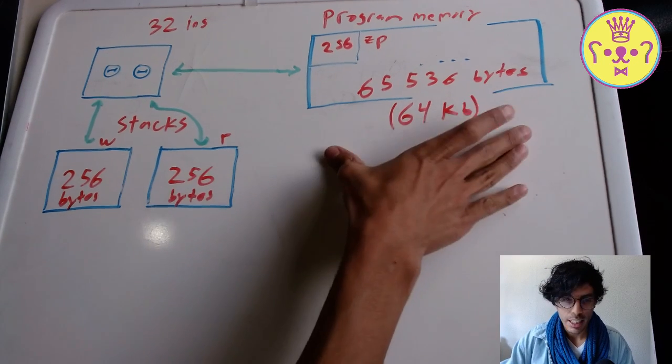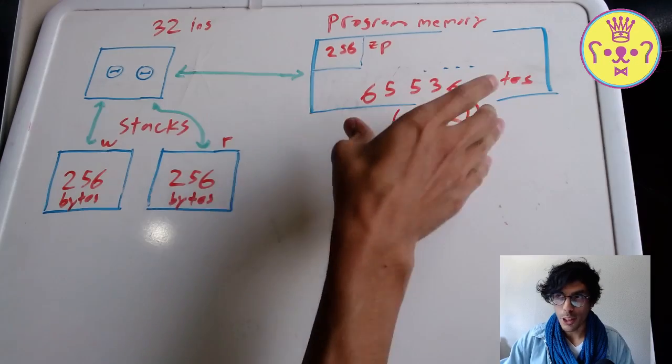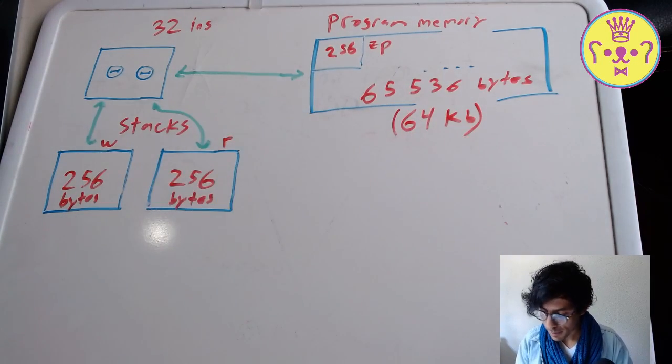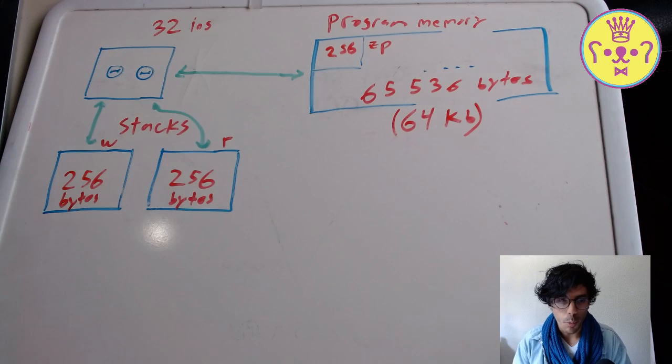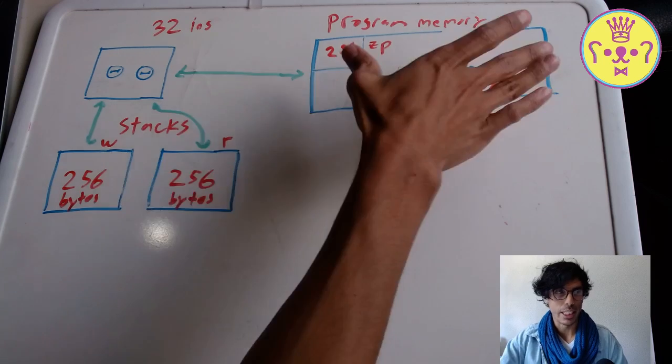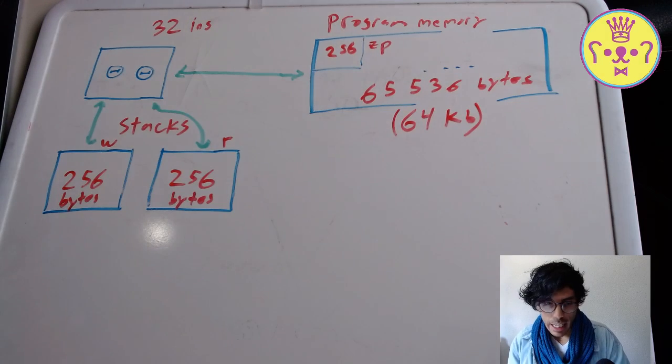This is 256 blocks of 256 bytes. So when we are programming, we are going to be programming here. We're going to put our program in this memory. And lastly,